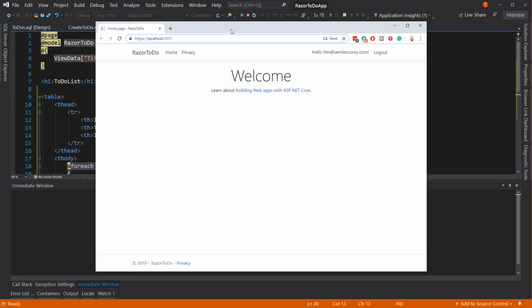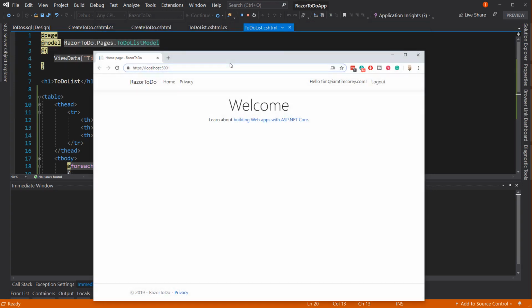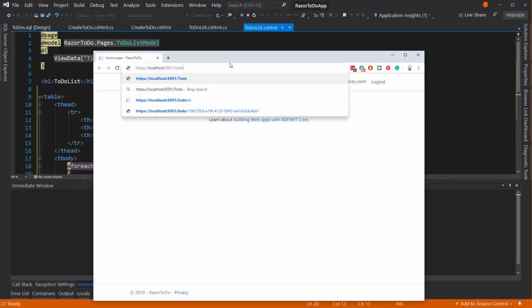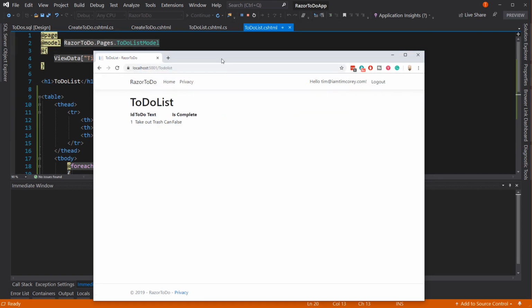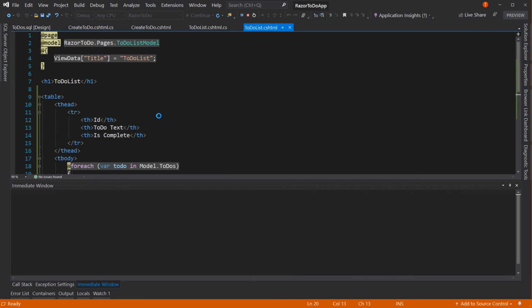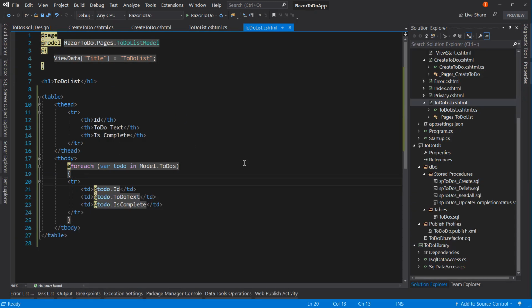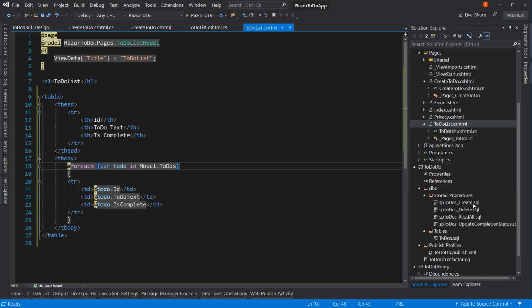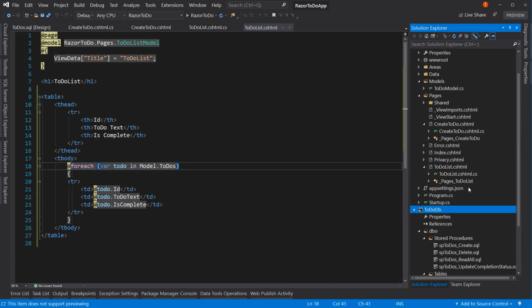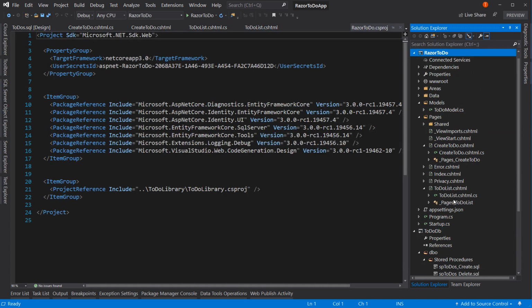Okay, so there we go. And now we can say our page is /to-do list. And there we go. It's kind of crunched together. ID, to-do text, and then is complete. But we have our list. So that's really all we have to do for both the challenge and the bonus challenge. So we've got our database built and wired up to our database right here, built and wired up to our